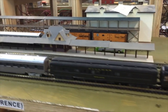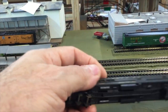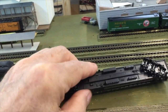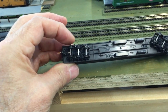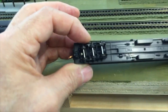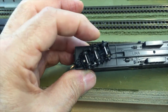One of the things that I learned while doing these, especially on this one, this is a Lima. So you can read it, a Lima. These you have to pull theirs off because they're kind of stuck in with a couple of prongs, I guess. And then you put in a plastic insert into the bolster hole and glue it in, and then you can put on the Microtrains